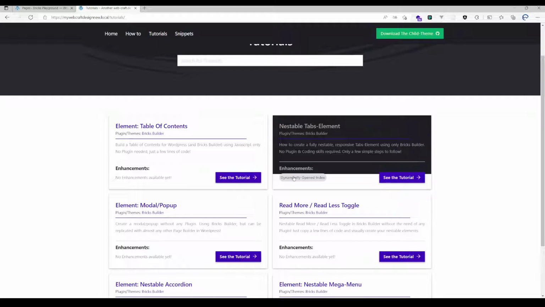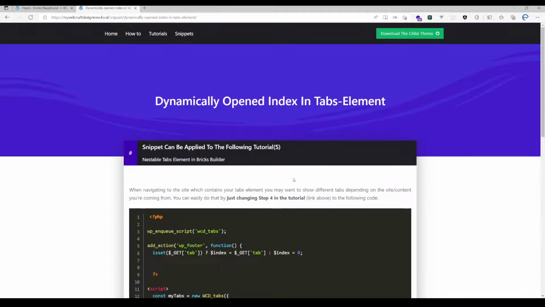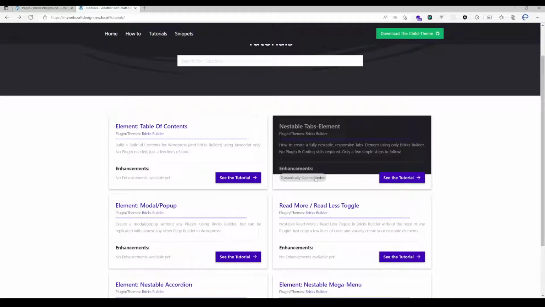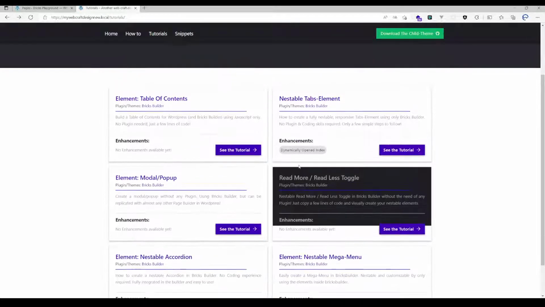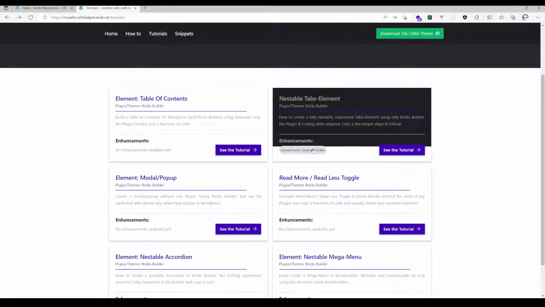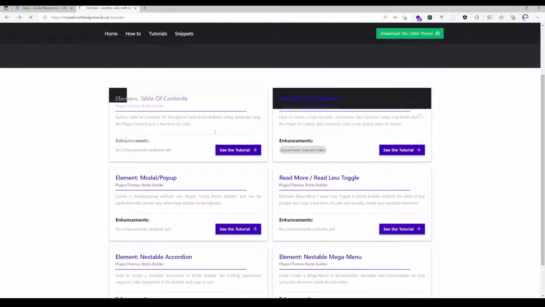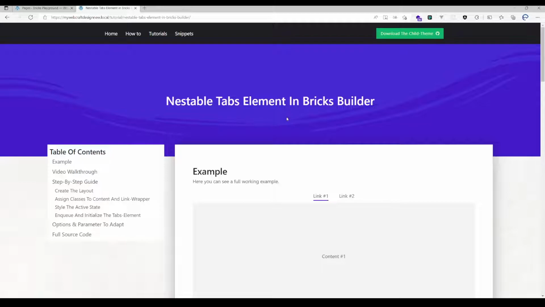If they relate to any tutorial, as you can see here, they will be shown and marked as related to that tutorial. If you click here, there will also be information about which tutorial they belong to. So you always have that information if there is a short snippet available which helps you tweak or enhance that tutorial. But for the very basic tutorial, or for all elements I provide here in those tutorials, I